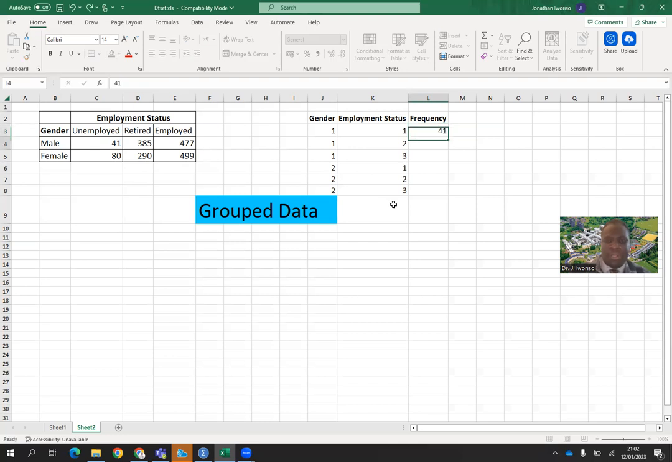So we've got 41, 385, 477, 80, 290, and 499. Now, if you look at this clearly, you could see that where you have 1 for the male,